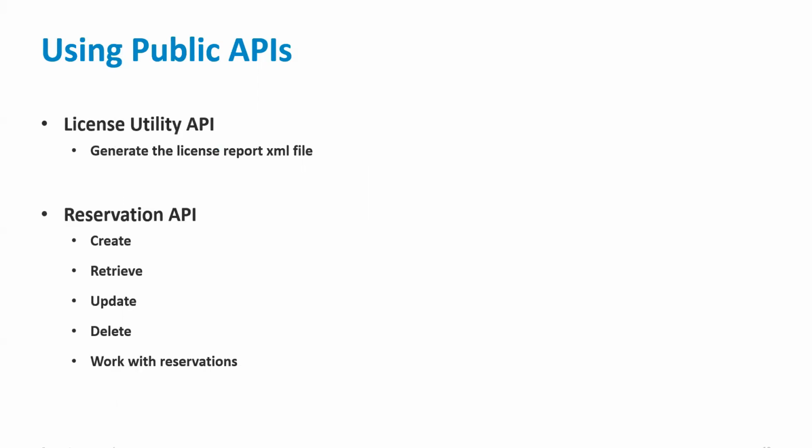You can use the license utility API to generate the license information in the XML and JSON format. Using reservation API, you can create, retrieve, update, delete, and work with the reservations, like retrieve data for an existing reservation along with the alert status information,